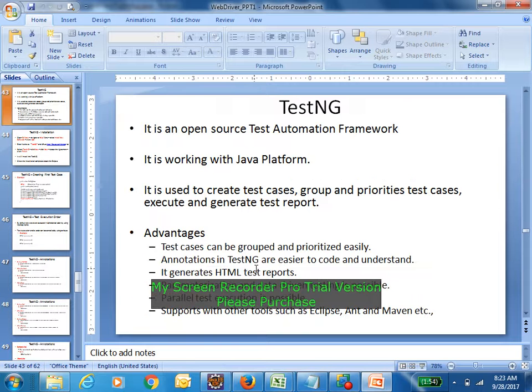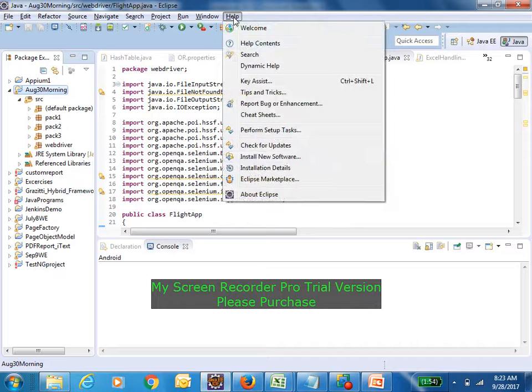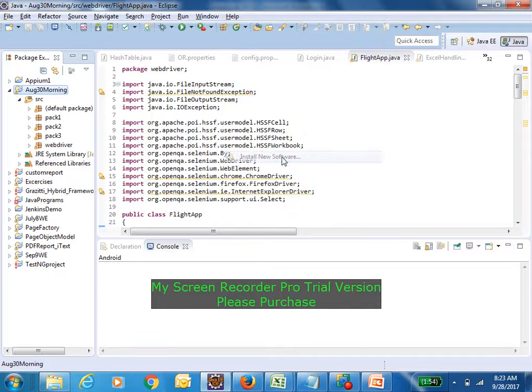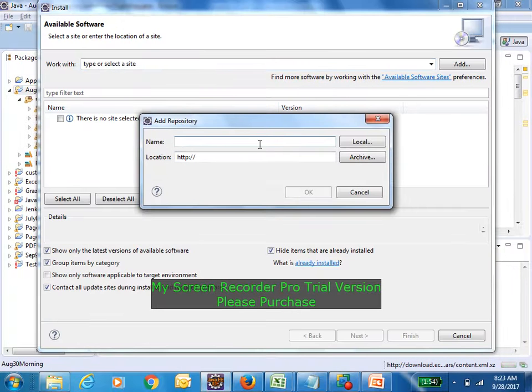So whatever we are discussing, I have documented everything here. You can use it. Okay. So how to configure TestNG I have also given here. Okay. Fine. TestNG configuration, how can we do it: go to Help, you can say Install New Software. Okay, Install New Software. Here you can click the Add button.